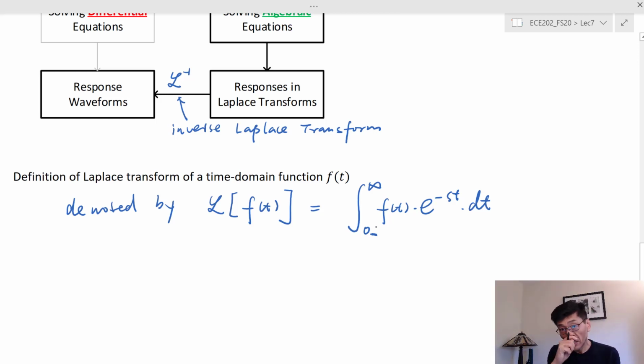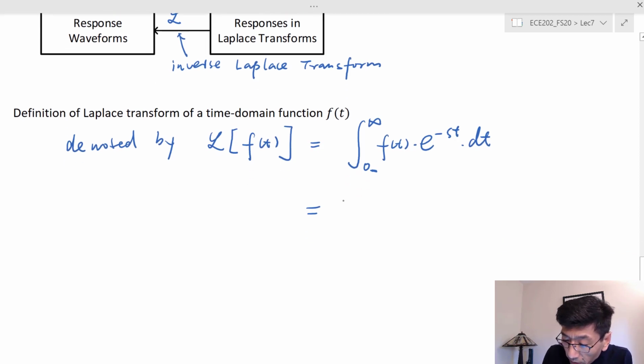The 0 minus is necessary when f(t) has an infinite step change at t equals 0. Otherwise you can just as well use 0, as we will see in the examples. So this is the definition, and since you integrate over time, the time t will disappear. It's going to be a function of s. So we denote that using an uppercase F, a function of s. So this is F(s)